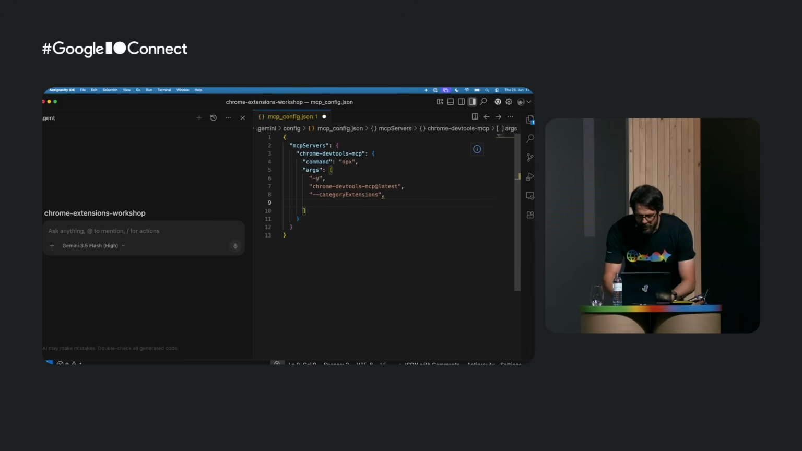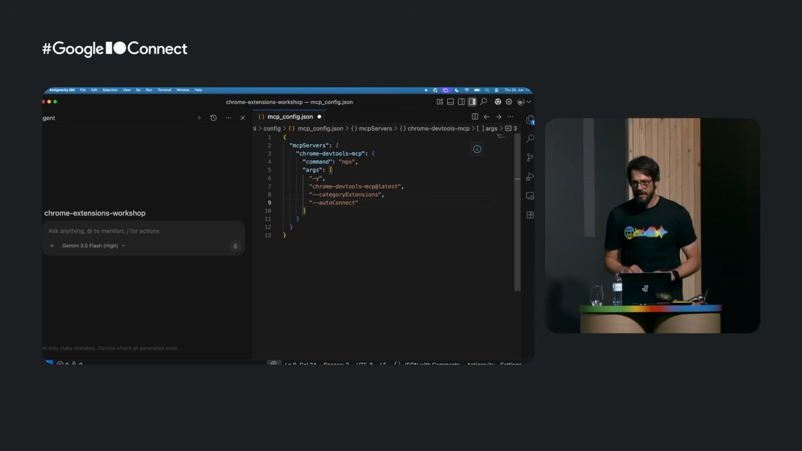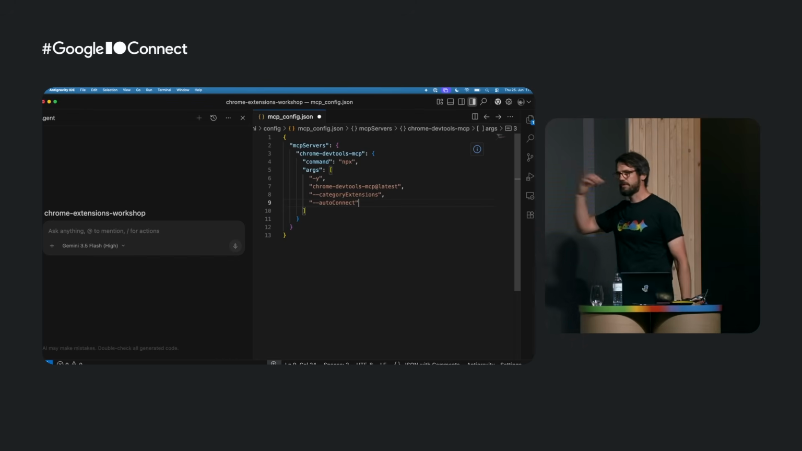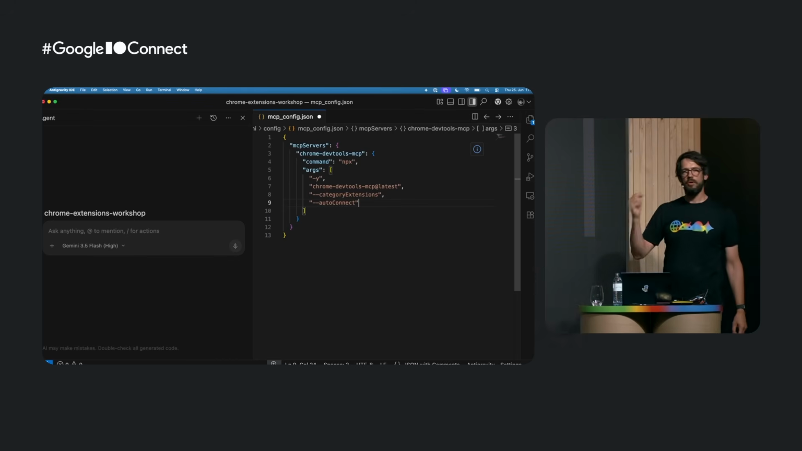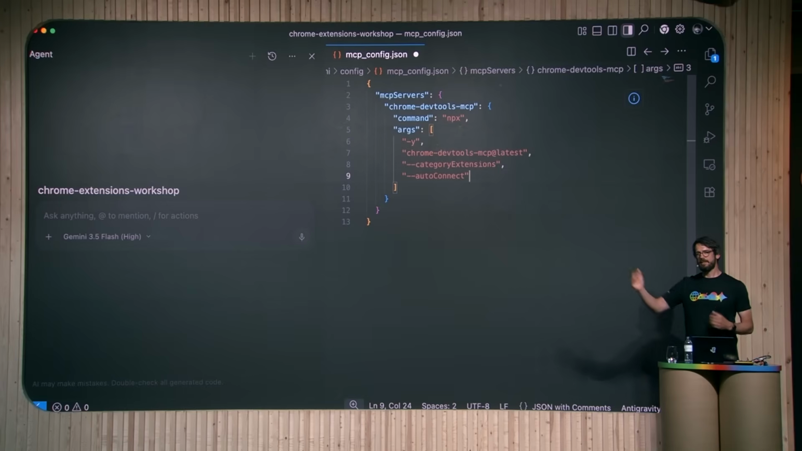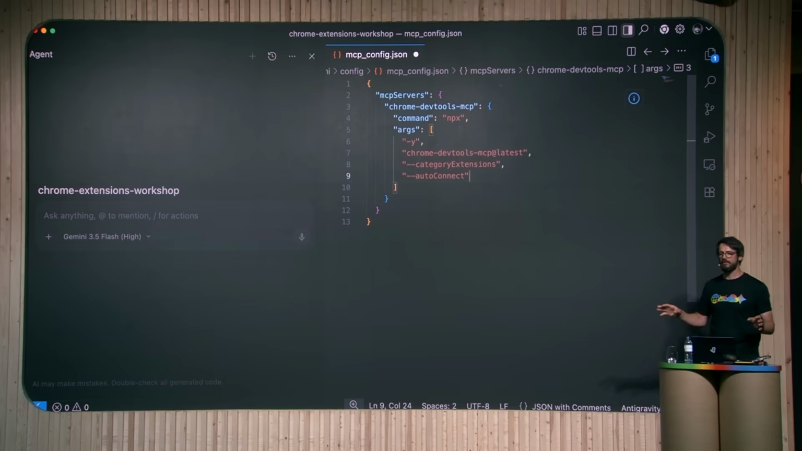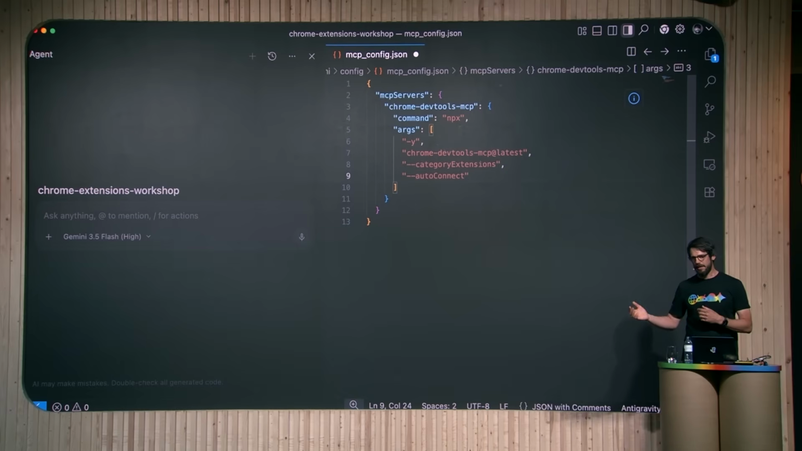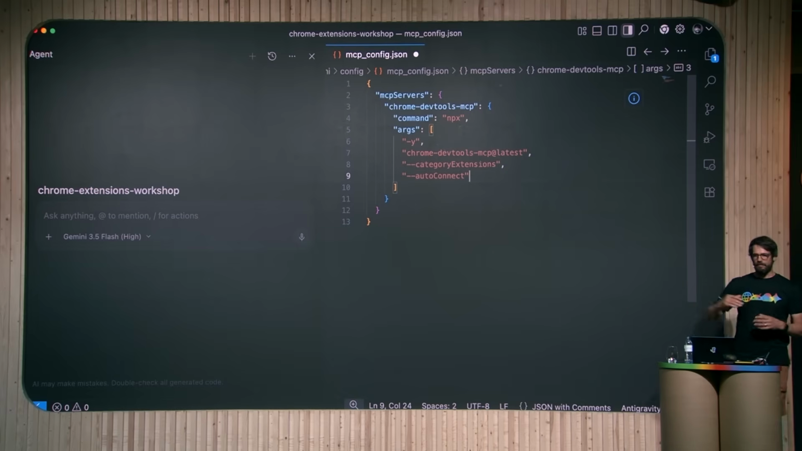And the second one is called auto connect. Category extensions enables the extensions tools. Auto connect changes the way your coding agent connects to Chrome. By default, the Chrome DevTools MCP server will start a new Chrome instance in a separate Chrome profile. That's a great default and works for many cases. But some features, like the Chrome built-in APIs, are not available in these